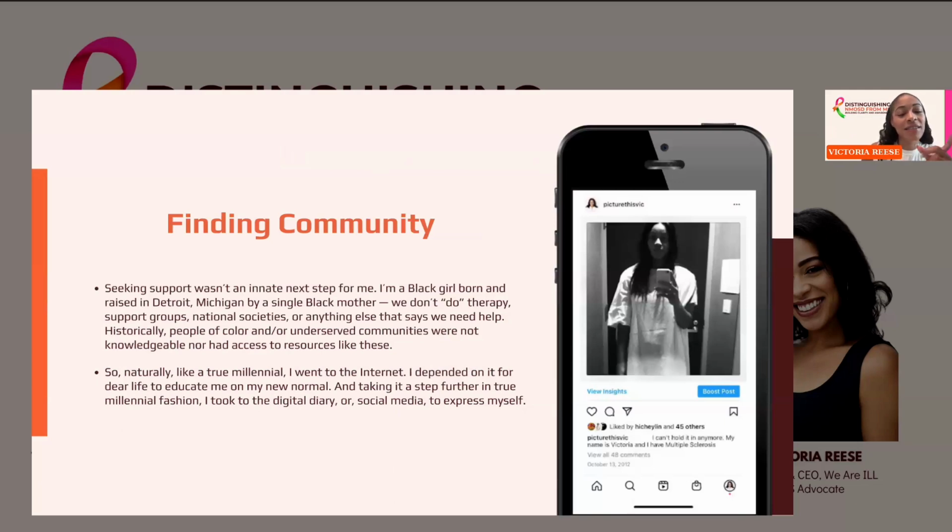You can stay on this slide really quick. This is the first picture that I posted when I announced that I had MS. I said, like, F it, I can't hold it anymore. My name is Victoria and I have MS. And it was just my way of, I don't know, it was my own therapy where I felt liberated and free, because nobody knew and nobody was going to be there with me to help me experience this. So I'm like, let me just tell people. I felt like if I got ahead of it, no one could use it against me.